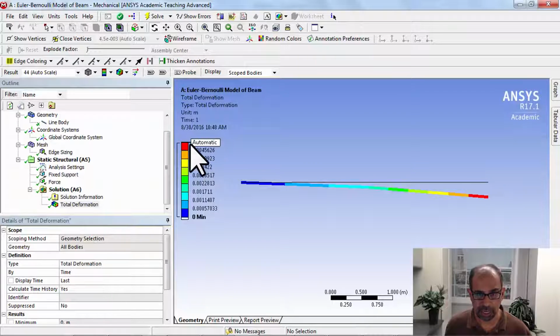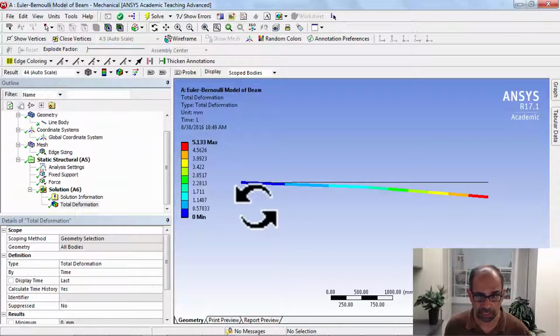And if I look at the amount of deformation, let's compare that to the hand calc. This is in meters. Let me change the units to millimeters, and it turns out to be around 5.1 millimeters,